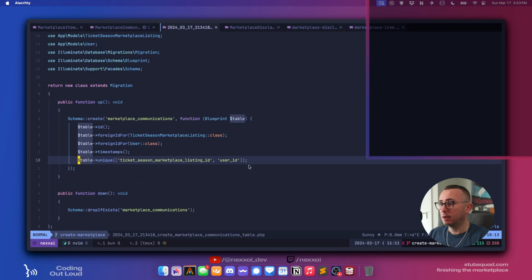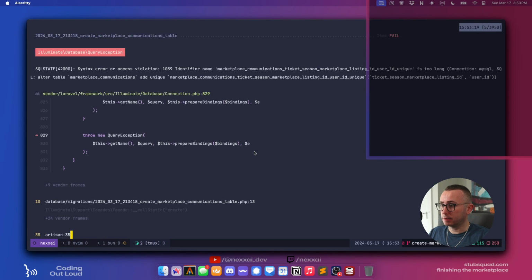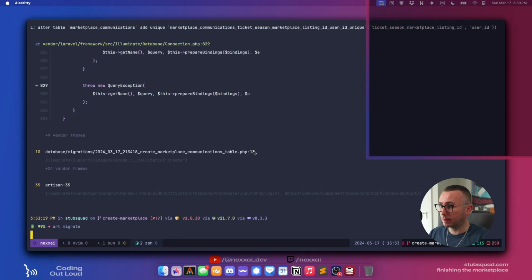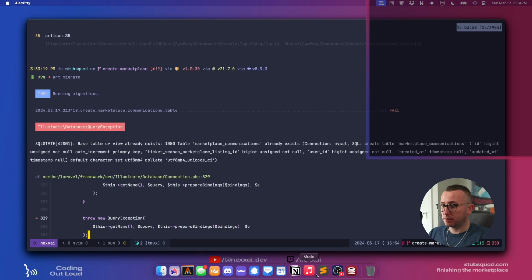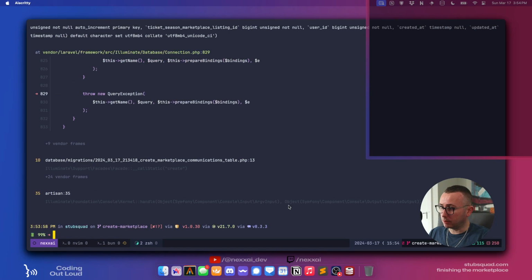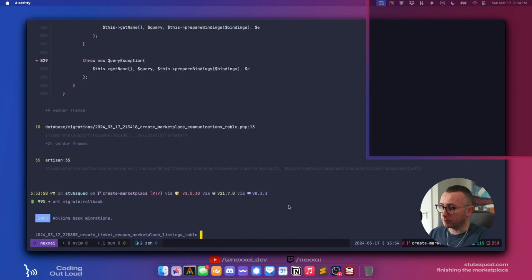Table, and I believe there's a, yeah, I think we should just be able to do that. Let's try this. Base table. Okay, so we've got to drop that table by doing a rollback and then try it again.